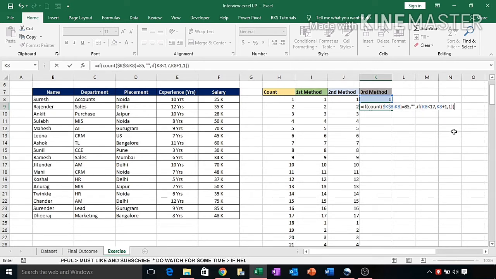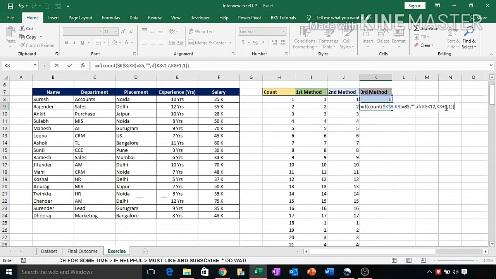and close the bracket. We are again telling you the formula: if the count from this to this is equal to 85, it will give the blank value once the 85 count has been completed. But if it is not 85, then until then it will check if K8 is less than 17, meaning if the upper cell value is less than 17, then it will increase the value by 1.